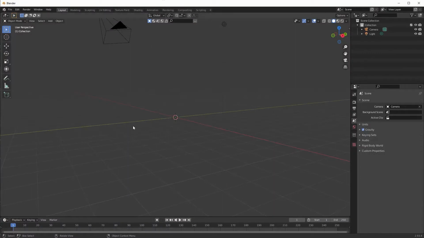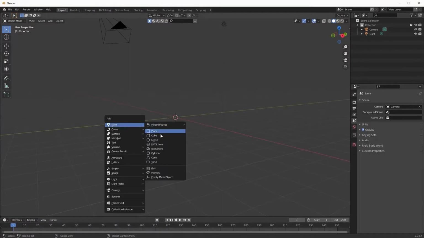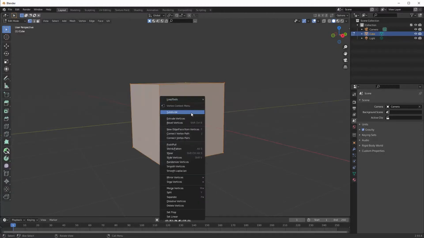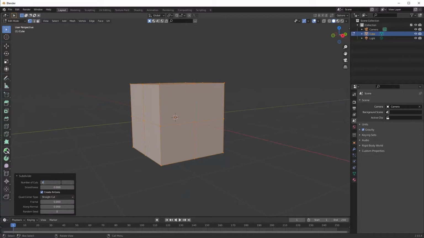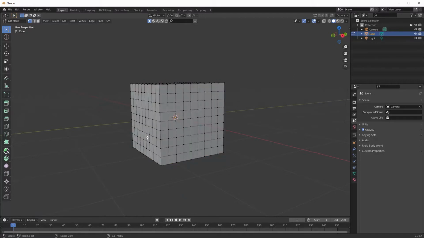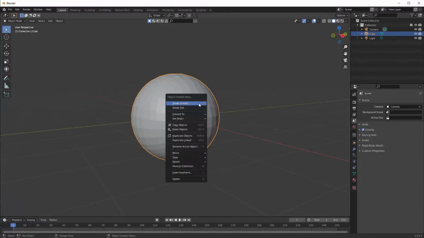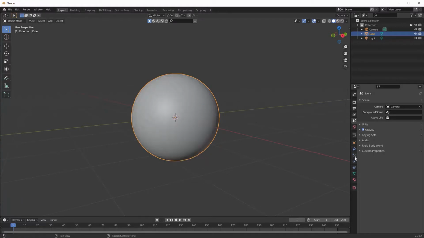Okay, so let's make a rock. Start with a cube, tab into edit mode, right click, subdivide 8 times, doesn't have to be 8 but 8 will do, select all and turn it into a sphere, dragging to the right. Once we've done that, tab back into object mode, right mouse click, smooth shade,